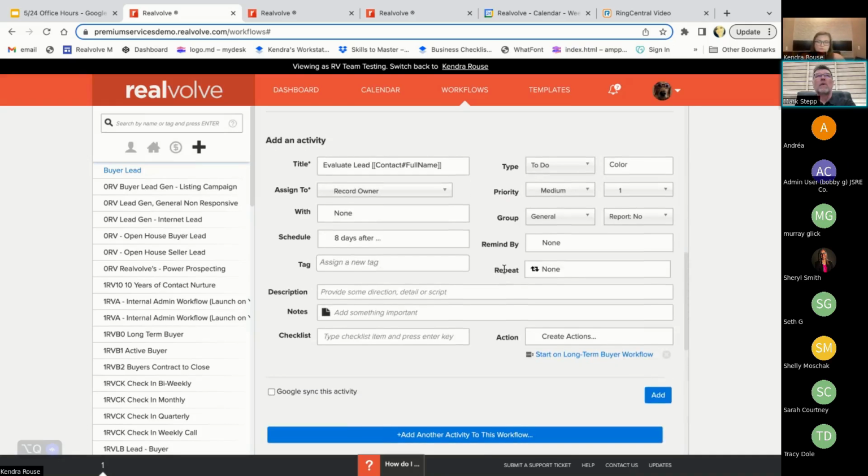But what we want to stress here is don't give up. If you don't have workflows, many agents will go through and they'll just stop. It won't go any further. And then the looky-loos or the ones that aren't getting constant notification will go to some other agent. By setting up this workflow and having it go through the process of reminding you each time, make that phone call, send out that text message,